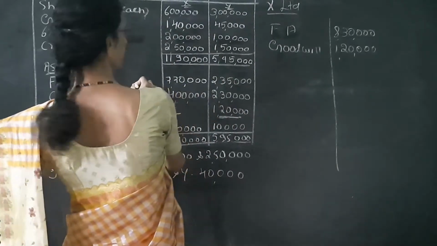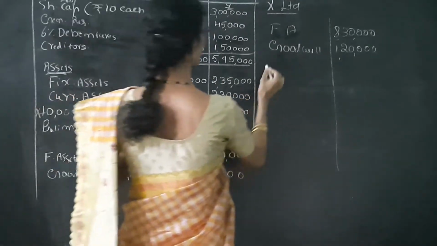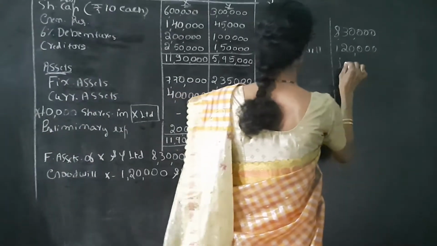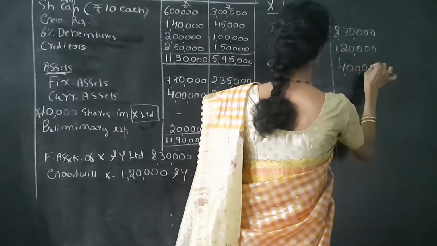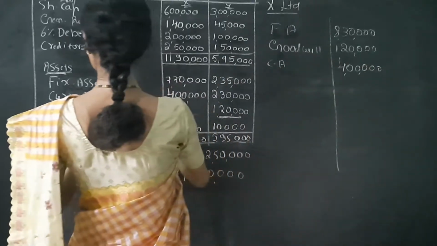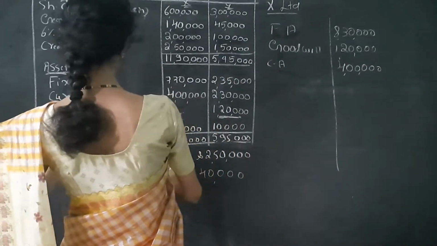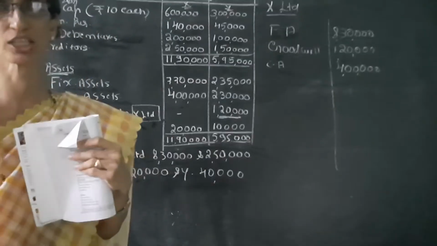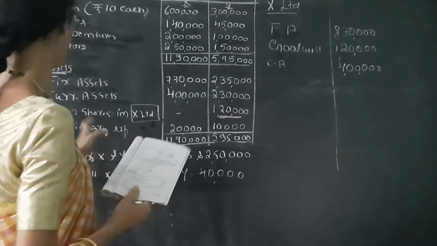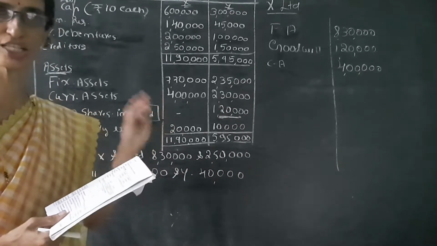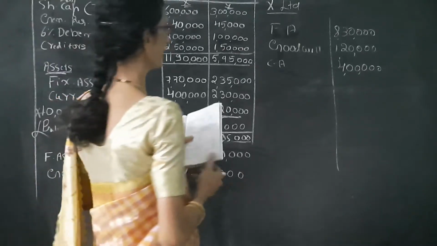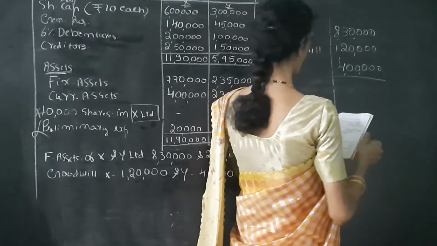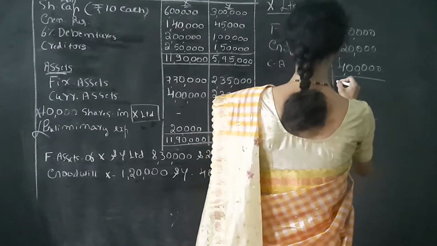Here fixed asset is over. Then next one is current asset. Current asset is 4 lakh. Here investment dash. Then preliminary expenses. We have to leave the preliminary expenses and discount on issue of shares. Then only 3 assets. So add this, we get